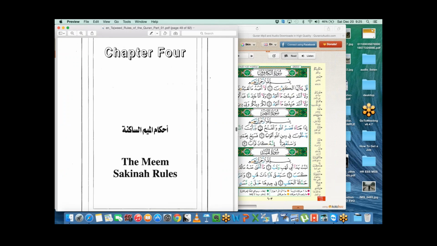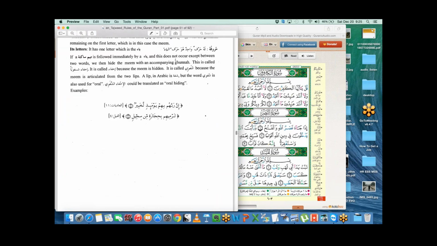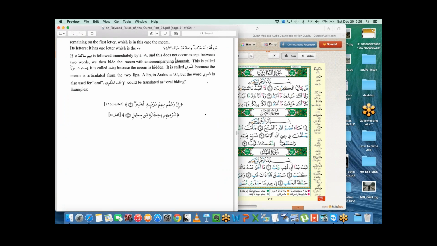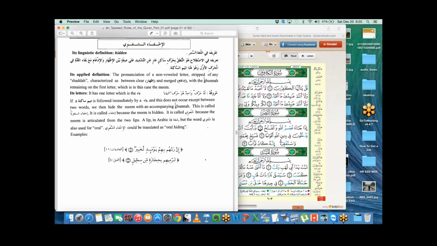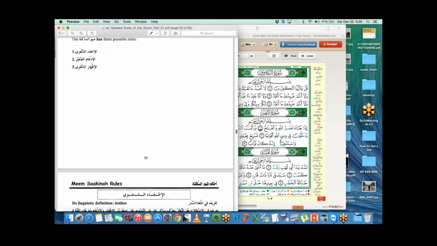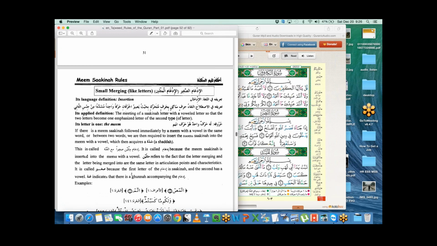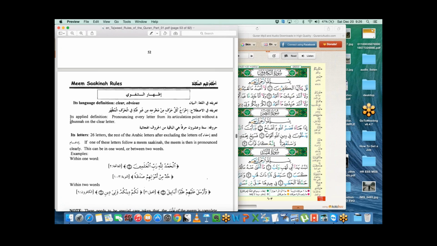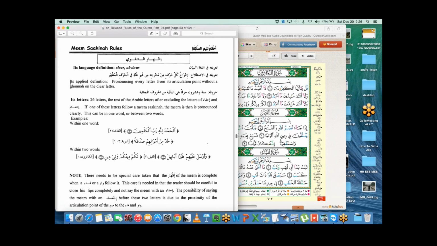So this one is basically when you have a meem that has no haraka on it, and there is no tanween here, just the meem with no haraka on it, and if it's followed by a ba, you have what's called al-ikhfa al-shafawi, and al-idgham al-saghir is when it's followed by another meem, and idhar al-shafawi is when it's followed by all the rest of the letters, okay?